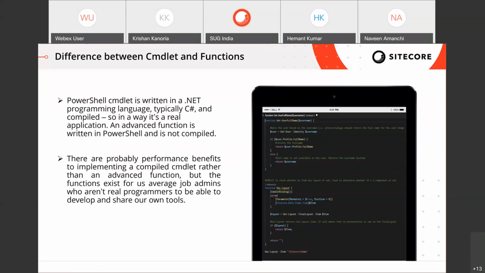So it's your choice whether you want to use the native API of Sitecore, use the native objects, read many things inside Sitecore and do some custom logic. Then you have to go for the custom commandlet option. But if you need to do operations at a much higher level from the CMS itself, and you think it is feasible, then inside the function you can use the out-of-the-box commandlets. So that is the way to go.